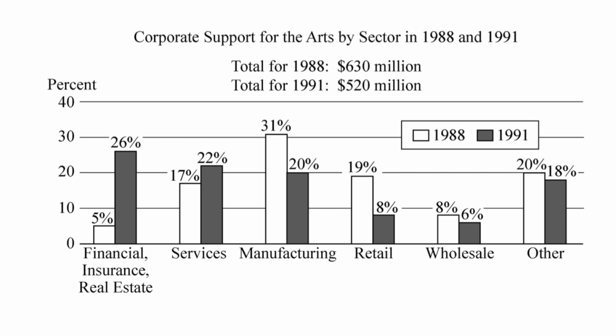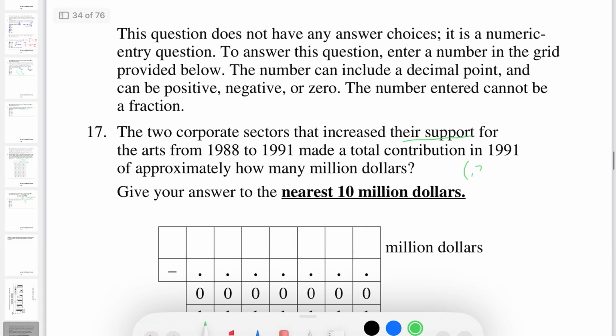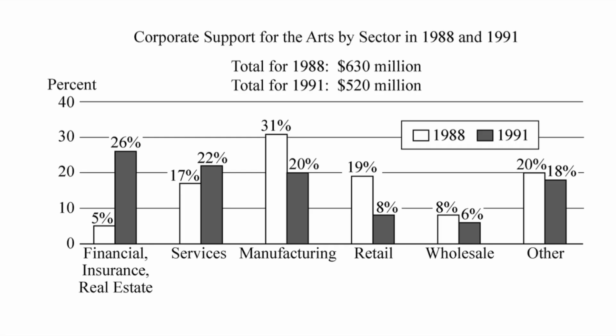I see financial increased, services increased, and then manufacturing, retail, wholesale, and other all decreased their support. So we know we're looking at financial and services. What was their total contribution in 1991? So that's what we need to look at. So financial did 26% of 520 million. 0.26 times 520. So that is 135.2. And then we look at